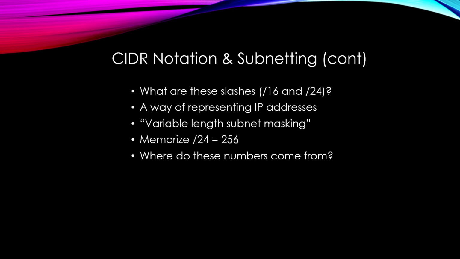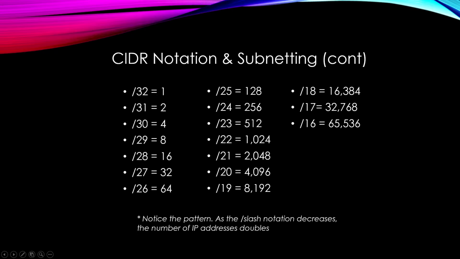So where exactly does this come from? Well, here's a breakdown of everything up to /16. So we said memorize /24 equals 256. So go ahead, notice there's a pattern. As the slash notation decreases, the number of IP addresses doubles. So we start at /32, and that's one IP address. And if you go down to /31, it doubles, and you get two IP addresses. /30, /29, /28, and so on and so forth. And you can see as it goes down, they just keep doubling and doubling until you get to /16, which is